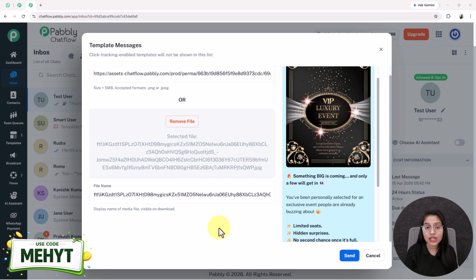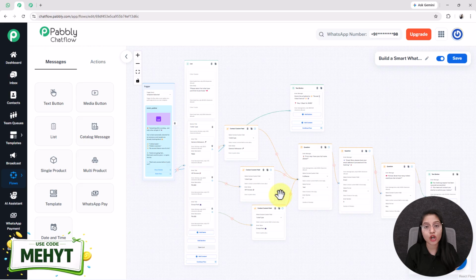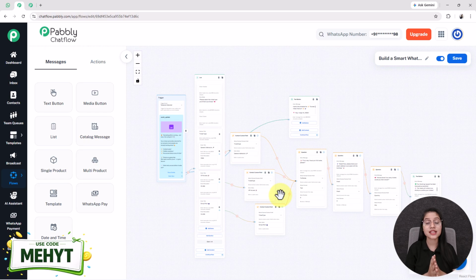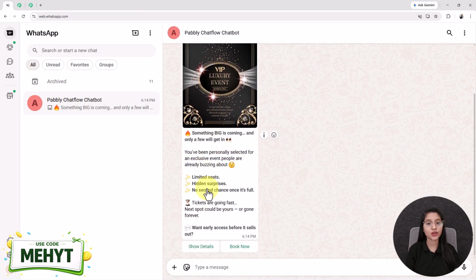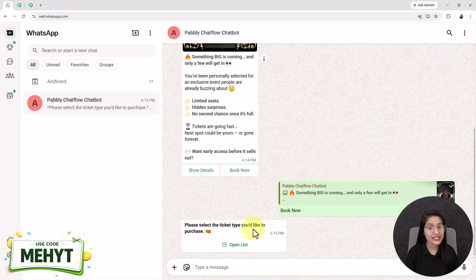And to demonstrate this, I have created a dummy chatbot based on an event alert system, something that works insanely well for grabbing attention and driving instant responses. Now, here's where the magic happens. The moment I send this highly converting event update template message to the user, it immediately creates curiosity, urgency, and engagement. And as soon as I click on this Book Now button, then it asks me to select